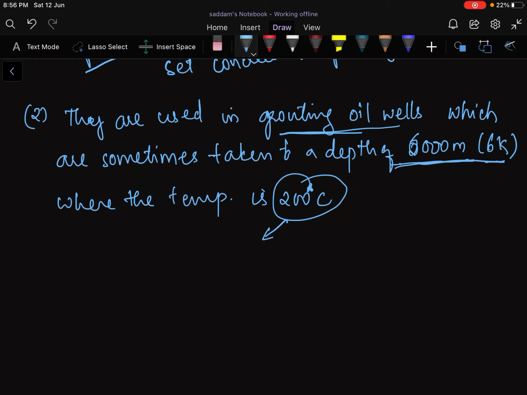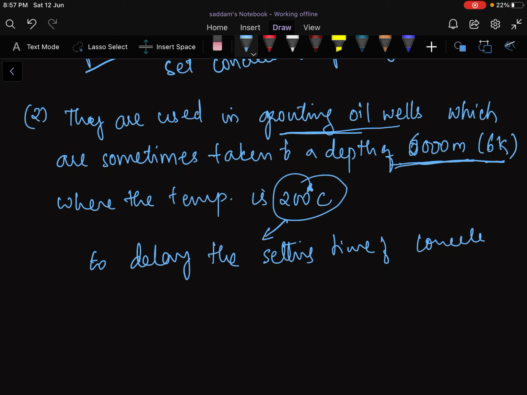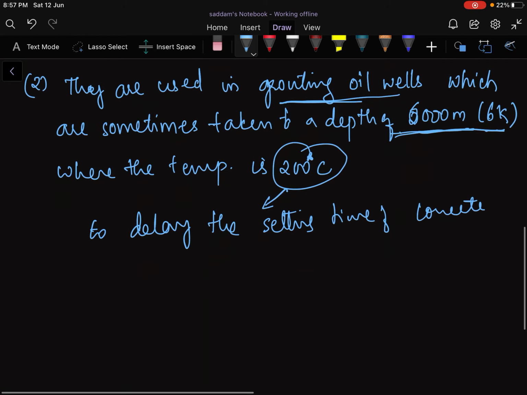When we bring the concrete to the level of 6 kilometers, concrete will automatically set. So to avoid that, the retarders are used to delay the setting time of concrete. Okay, to delay the setting time of concrete, we make use of the retarders. Okay,